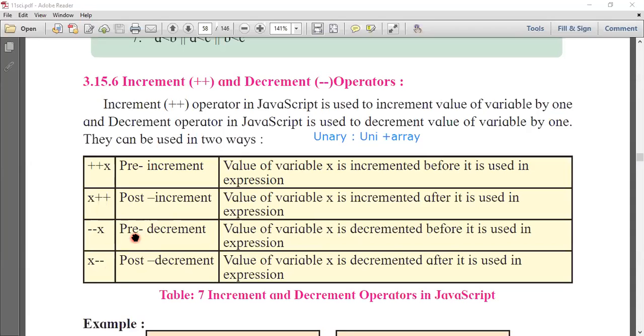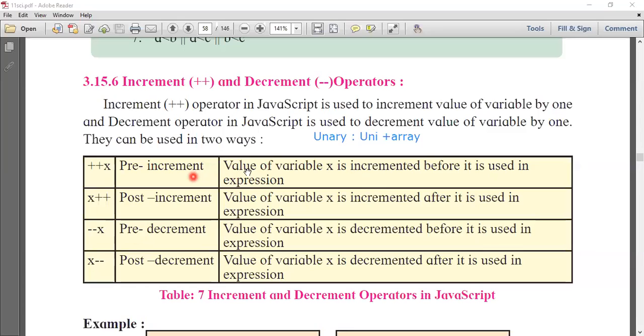Okay, now how do we calculate the values if we want to use pre-increment, post-increment, pre-decrement, post-decrement? This part is very important. In 11th standard, I also told you that in the MPSC or UPSC examination, this type of question is asked. It means how we can calculate the pre-increment, how we can calculate the post-increment. These things are also asked in the UPSC or MPSC examination. So you have to know how to calculate this part. Now we will first see what pre-increment means and what post-increment means.